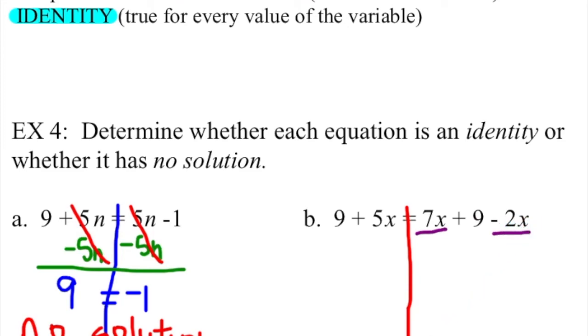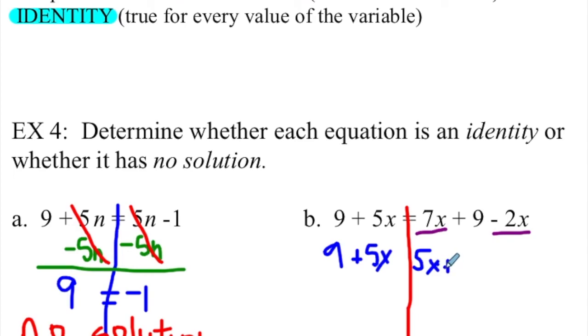So to start this problem, I need to start by combining those. So the left-hand side will be untouched, so this will stay 9 plus 5x. But on the right-hand side, when I combine, 7x minus 2x will give me 5x. So I will have 5x